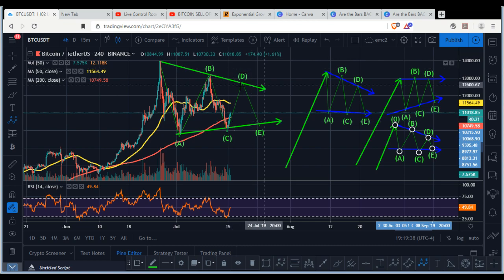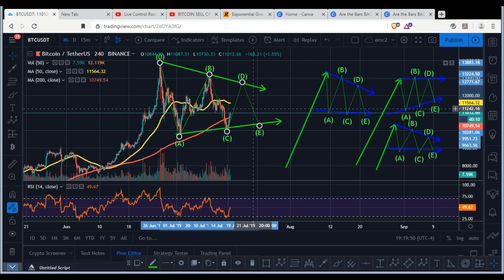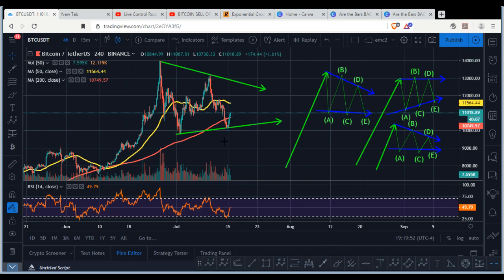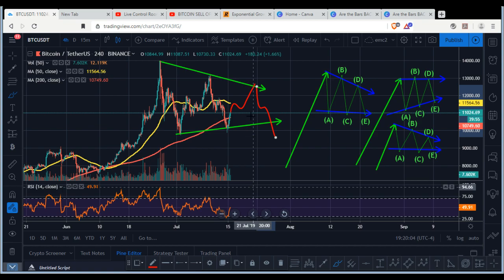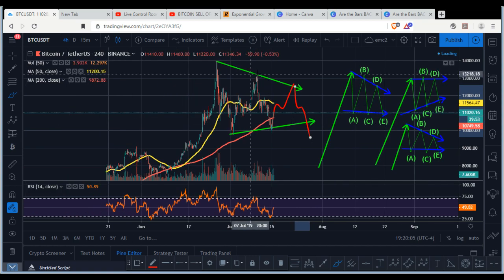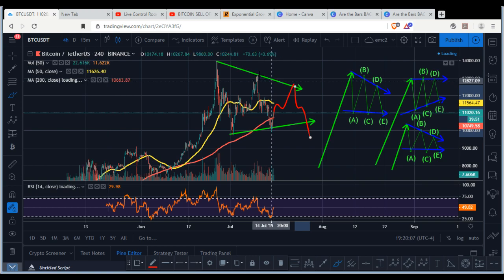But we're not going to go up to 12.6, 12.7 with a straight move. It has to be a corrective move with a similar magnitude to the previous corrective move. So we could be anticipating another 3-wave to the upside like this. It's going to be a correction. Once we get this correction, we definitely know we're going to get another one. We just don't know if this one is going to break it. Most likely it's not going to break it if we go back up with a 3-wave move to the upside,